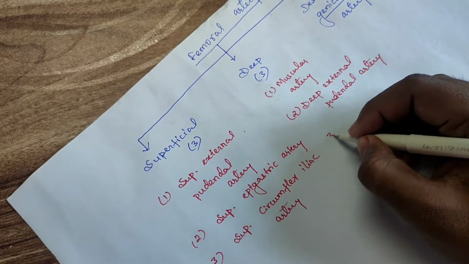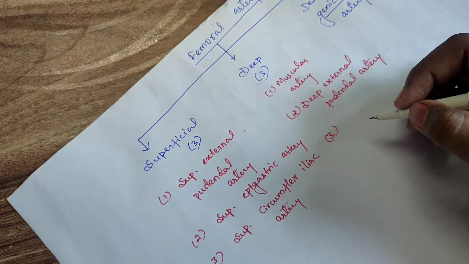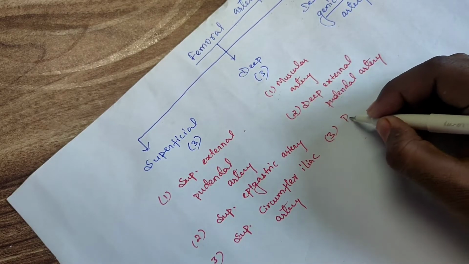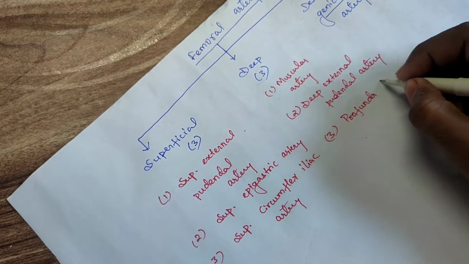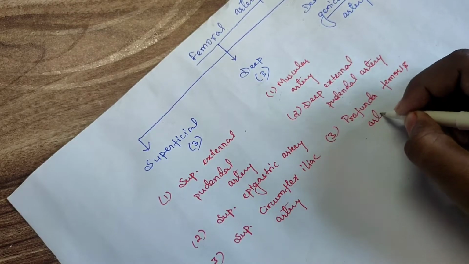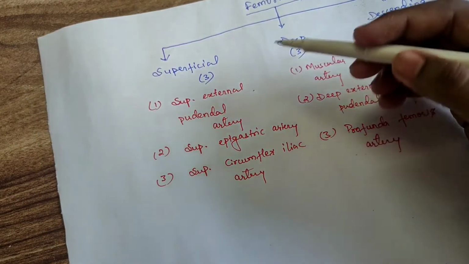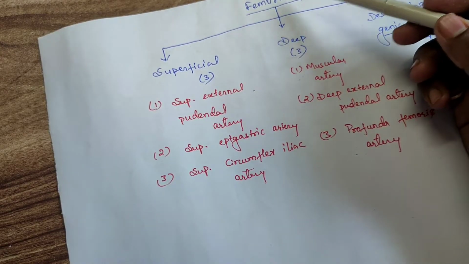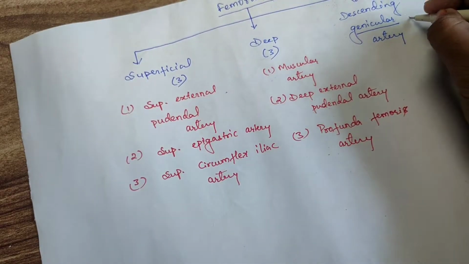And the third one is profunda femoris artery. Okay, so I have discussed all the 7 branches of femoral artery, 3 superficial, 3 deep, and the one